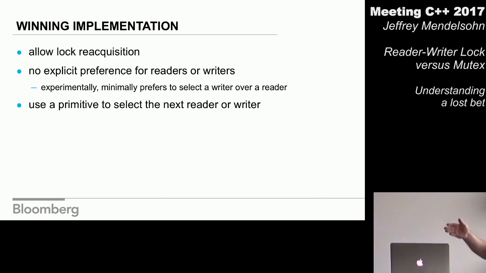There's a short circuit around the mutex in the code, and if you account for that, you do the probability math, it works out exactly right. Everyone's acquiring the mutex fairly, which is good because we have faith in Linux. And I wanted to use a primitive, in this case a mutex, to select the next reader or writer to, again, obtain all that priority inversion protection and the fairness of selection of who the next thread is.